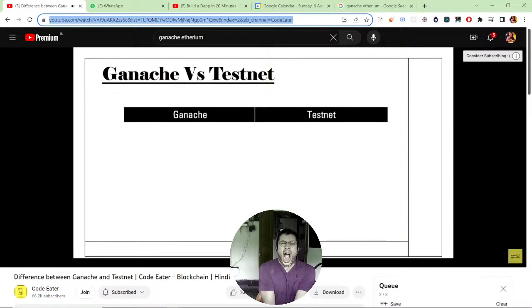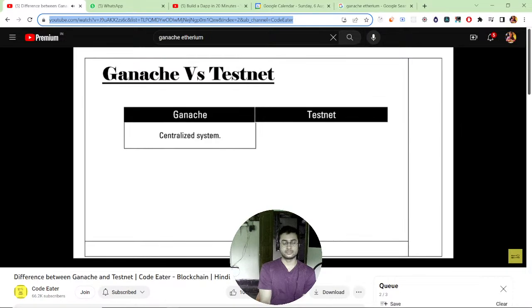तो इसको समझते हैं। तो अगर हम डेफिनेशन देखें Ganache की, तो Ganache एक लोकल ब्लॉकचेन सिम्युलेशन है जो कि हमारे सिस्टम पे रन कर रहा है। मतलब कि Ganache एक सेंट्रलाइज्ड सिस्टम का एग्जांपल है, क्योंकि ये हमारे सिस्टम पे रन कर रहा है, राइट। हम ही इसको कंट्रोल कर रहे हैं। वहीं हम बात करें टेस्टनेट की, तो टेस्टनेट एक डिसेंट्रलाइज्ड सिस्टम का एग्जांपल है। टेस्टनेट क्या होता है, टेस्टनेट वो नेटवर्क होता है